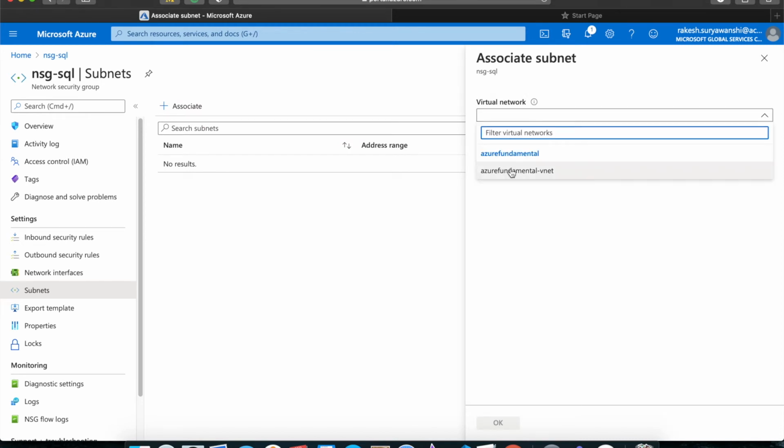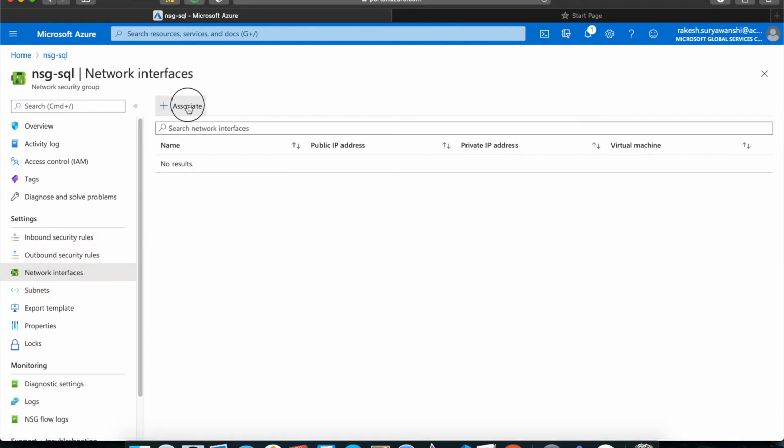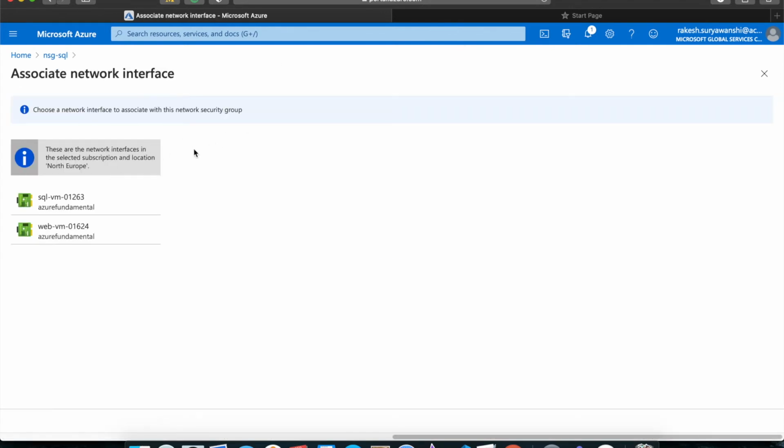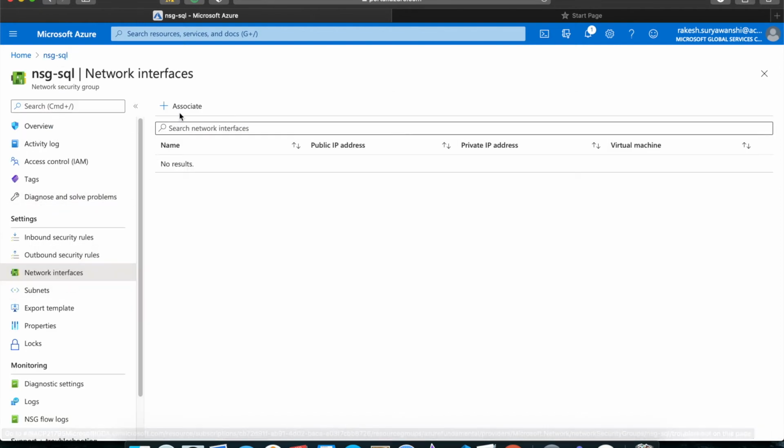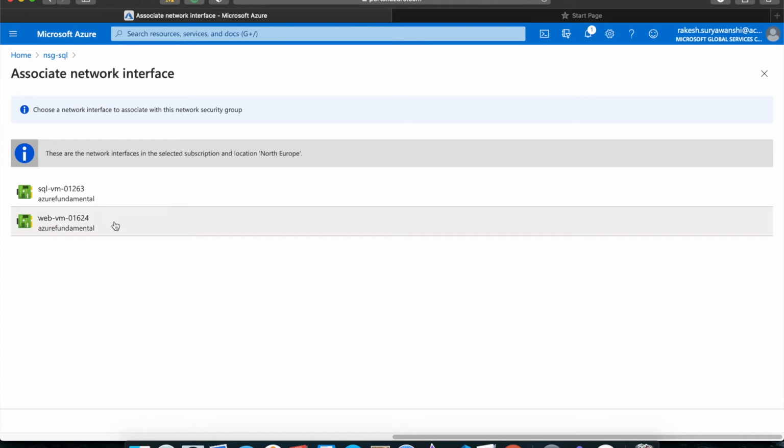NSG rule onto the subnet. Let me show you, this time, associating the NSG rule on the network interface card. So as you can see, I have selected the network interface card to associate, and the list of network interface cards available in this particular resource group is available to me in this region, right? Whichever region you have selected your NSG in, within that particular region you will have all the resources listed here. I just got 2 resources here, so that's why it is showing me these 2